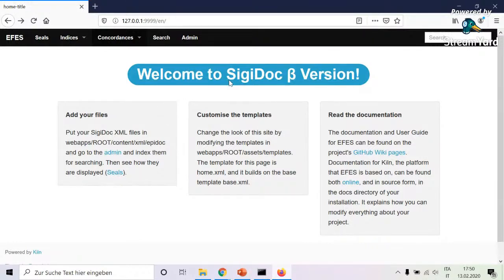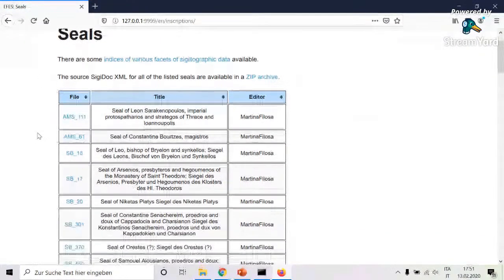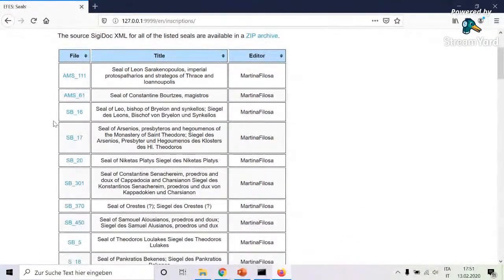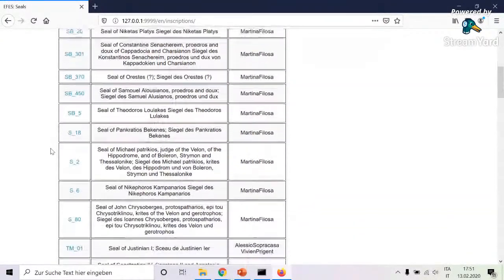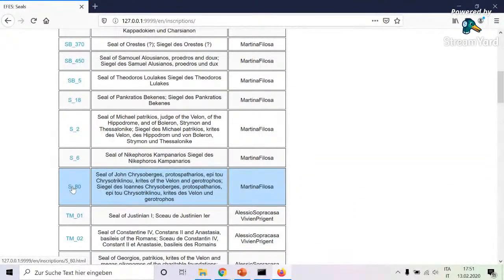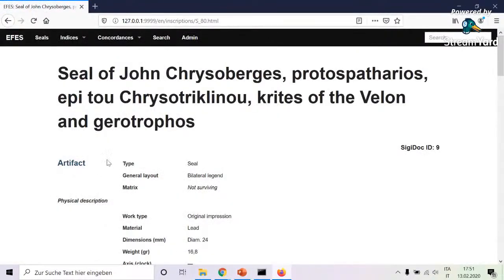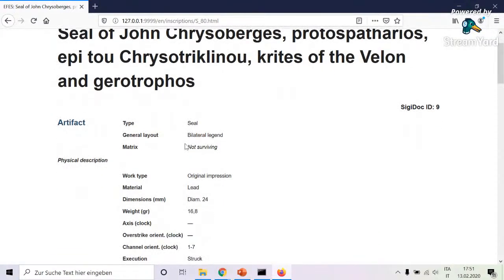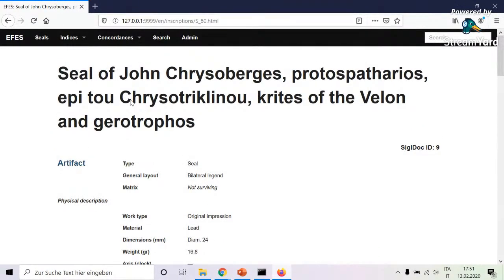And as you can see from the name already, it is kind of based on EpiDoc, and kind of uses EpiDoc as its main model. So just to show you a little bit what we have done so far, I'll just show the display of the edition of a seal, just to show you what changed from what I showed you before. As you can see, the display is pretty much the same. So we have a title,